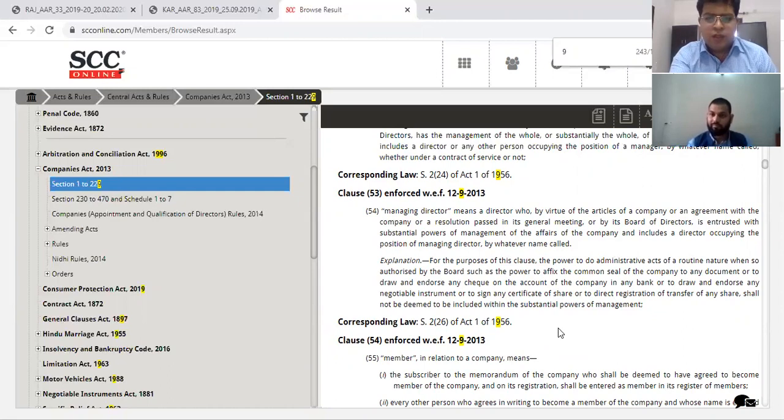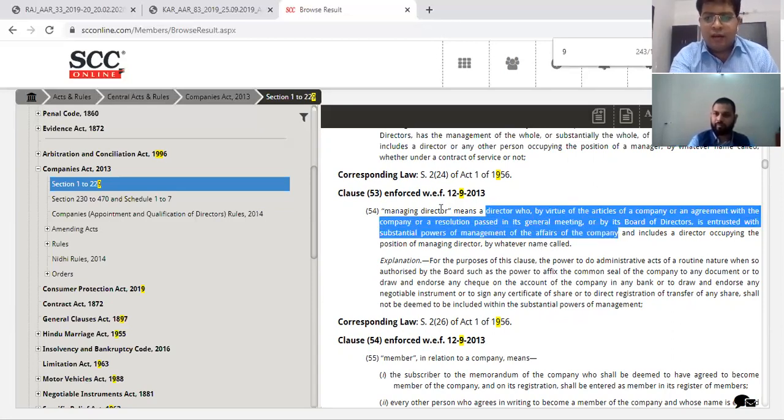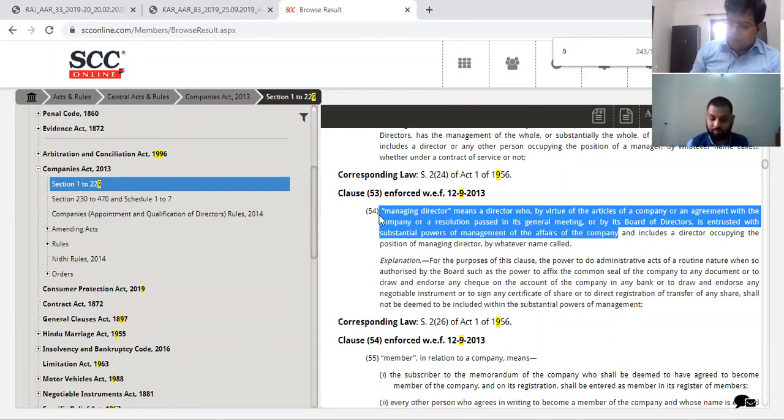Now, there are two parts to this definition: the first part is prior to the word 'includes' and the second part is post that. The second part we can definitely ignore, which only covers a director occupying the position of managing director. Basically, the term managing director means a director who is entrusted with substantial powers of management of the affairs of the company. Now, coming to the definition of full-time directors,